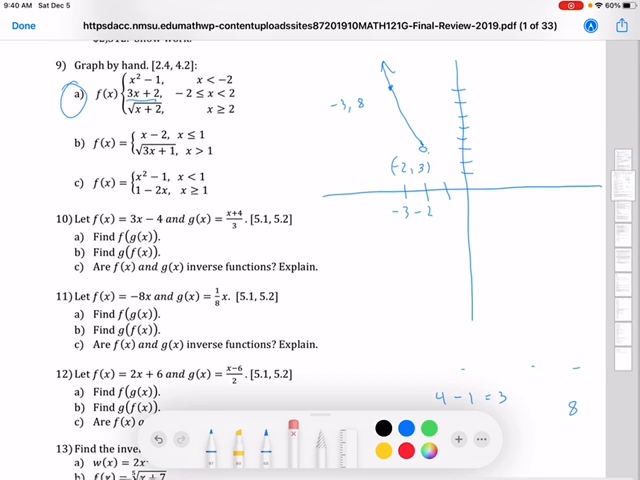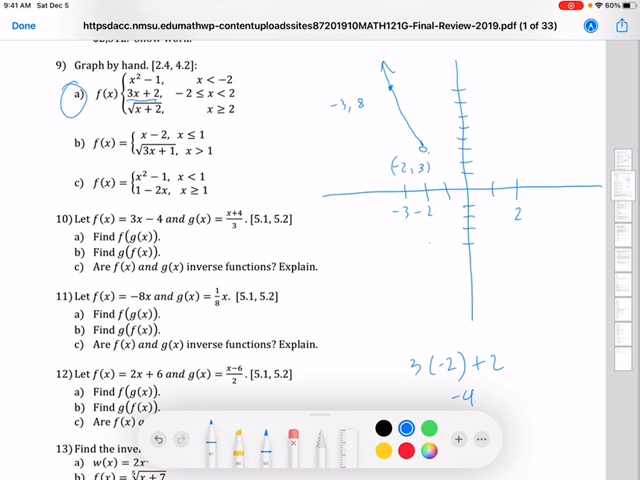We should all know what the functions are, and that function right there is a line. 3x plus 2 is a line, from negative 2 all the way to 2. I should graph a line only in those parameters right there. So when x is negative 2, plug it in: negative 6 plus 2, negative 4. So negative 2 and negative 4